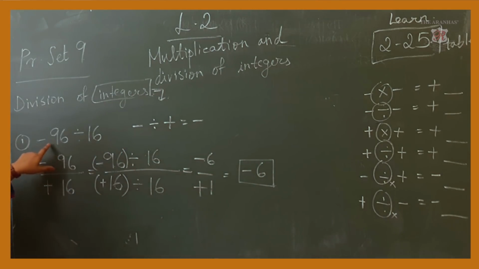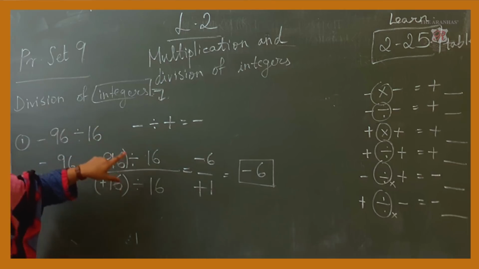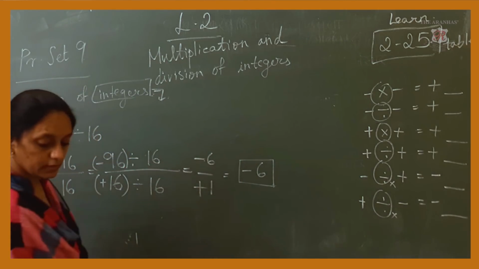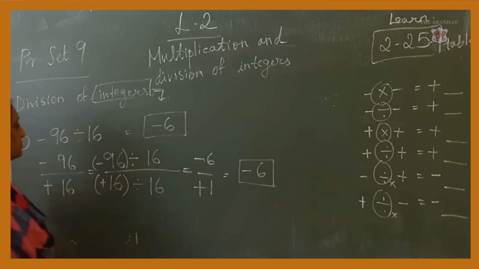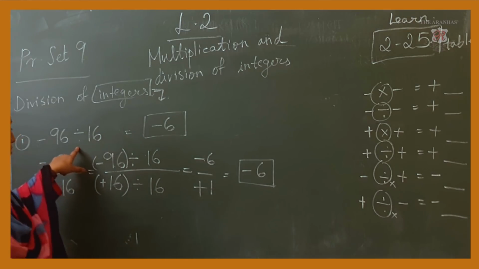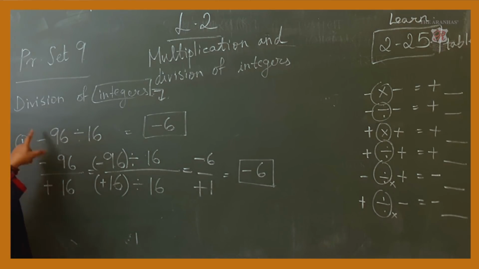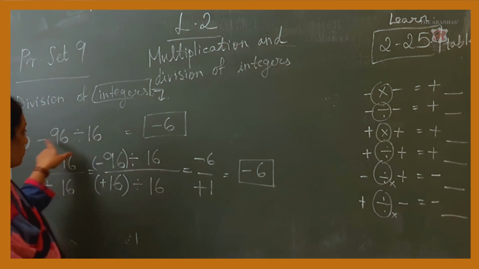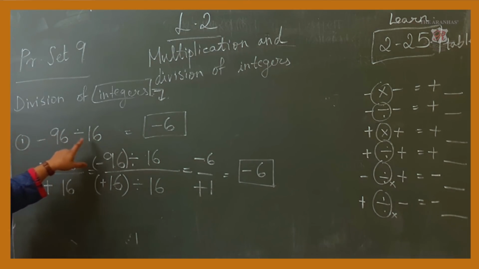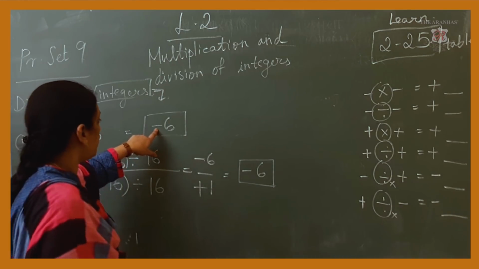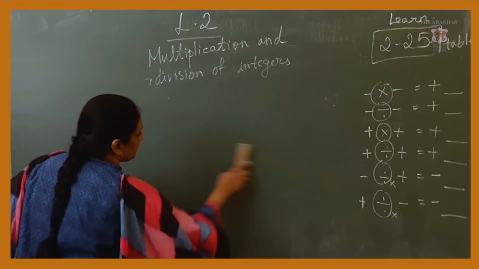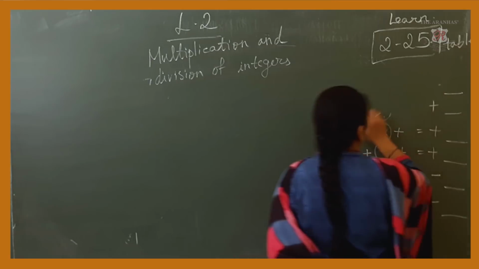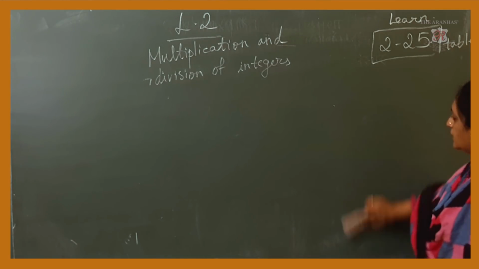So what do we understand from this? One integer was negative in the question, one integer is positive. Then I will get the answer in negative form only after doing the division. Why did I get minus 6? Because according to the rules given in the textbook in the blue box, negative integer divided by positive integer, both signs are different, opposite, minus and plus, I get the minus sign in the answer. If the signs are the same, plus plus or minus minus, then in the answer I get the plus sign.